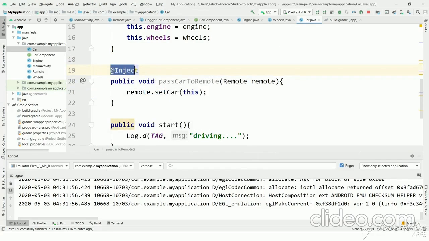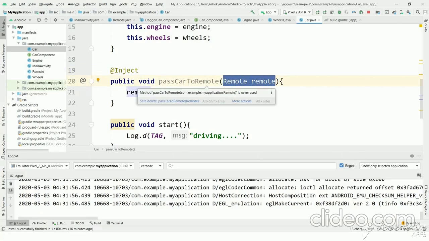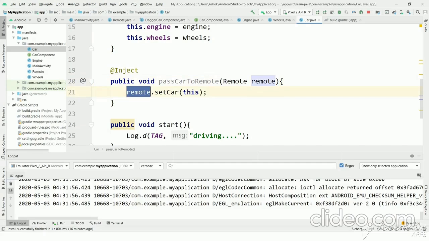So now Dagger will create a remote object and pass it to this method, and this car object will be passed to this remote class. And now let's execute and see the output.